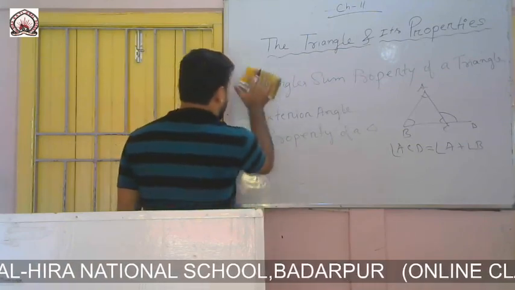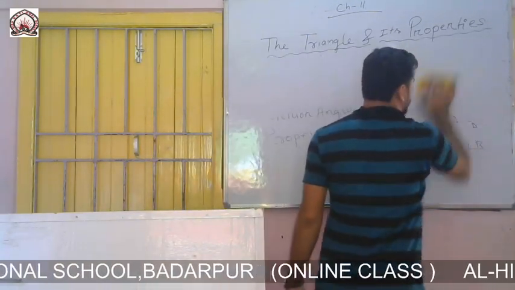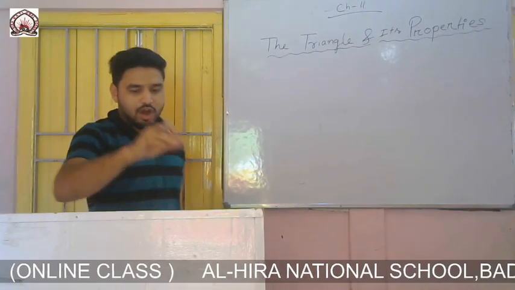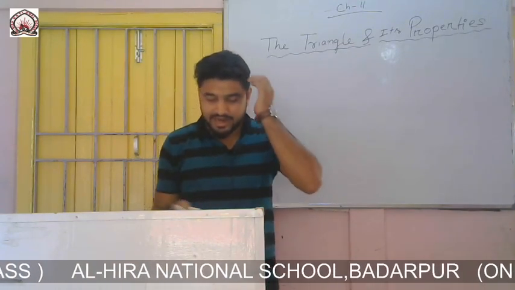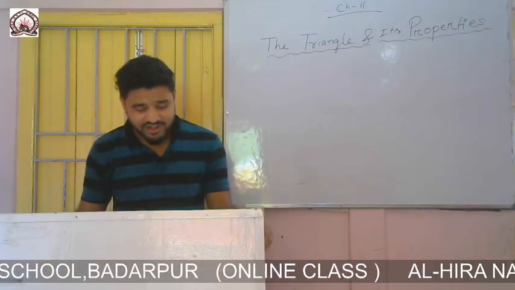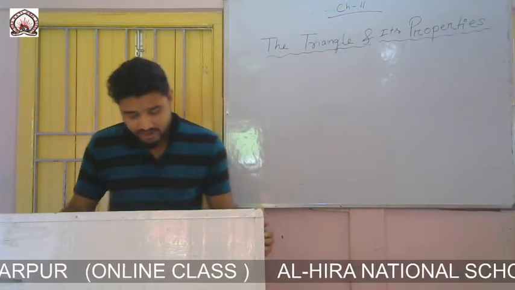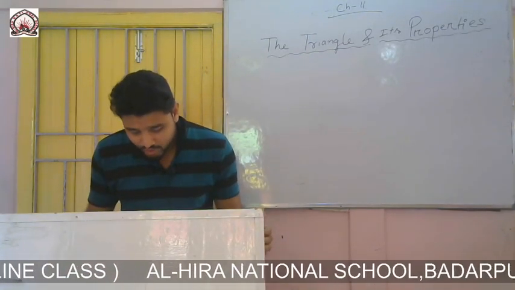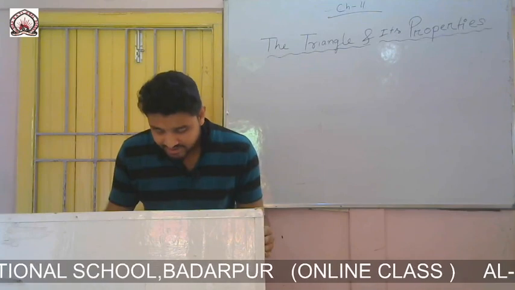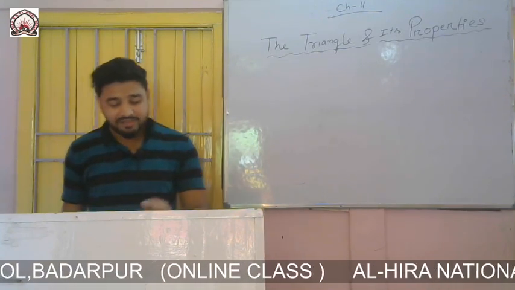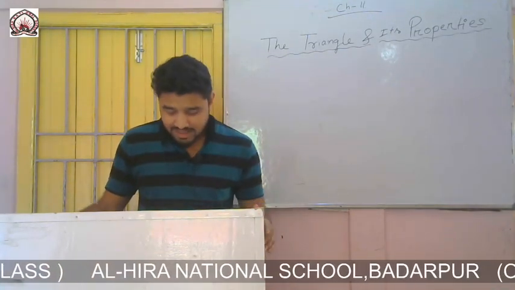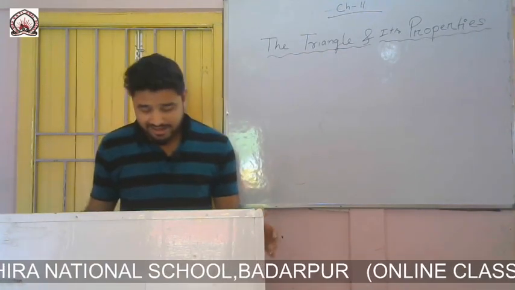Okay. Now we shall solve some problems from the exercise. So now open your book and come to exercise 11A. You see in the first question it is given, in the figure drawn at the right, that AB equals to SE, SE equals to AE, CE equals to AE and AF equals to EF, and angle ABC equals to 90 degree and angle CD equals to 90 degree. Now from that we have to name which one is isosceles triangle, which one is equilateral triangle and which one is right angled, and also we should find right angled and isosceles.